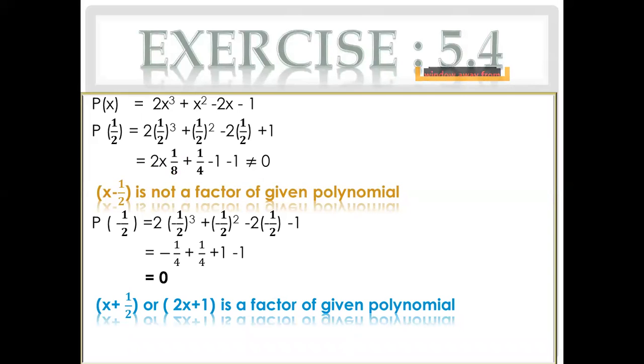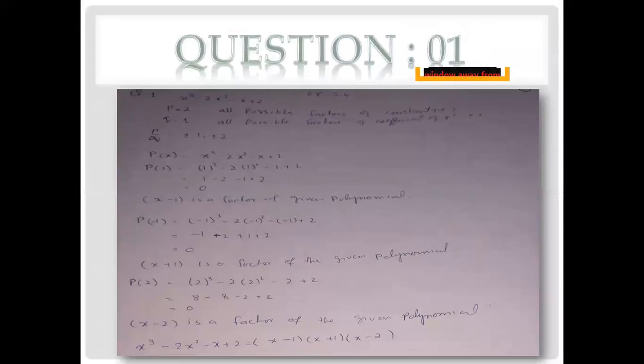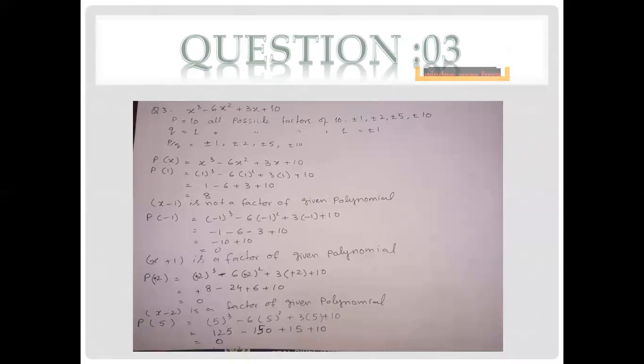Again, we got three factors over here: x plus 1, x minus 1, and 2x plus 1 are the factors of the required cubic polynomial. This exercise is very easy. You only check the values, take the factors of the constant term, p by q. Only in the last two questions is the coefficient of x cube given. Otherwise, in questions 1 to 6, the coefficient of x cube is only 1. It means that p by q will be the factors of only p, because q is 1 in all the questions.